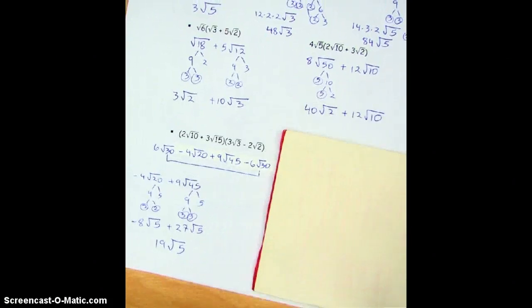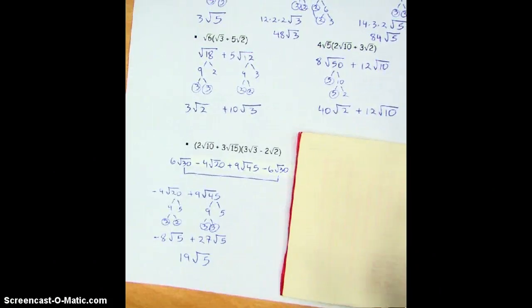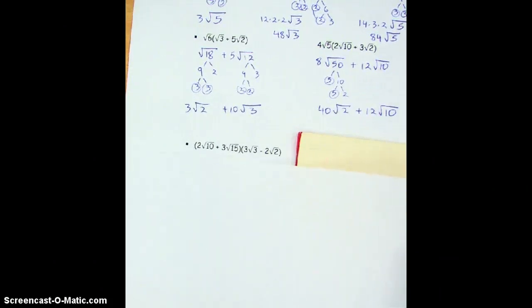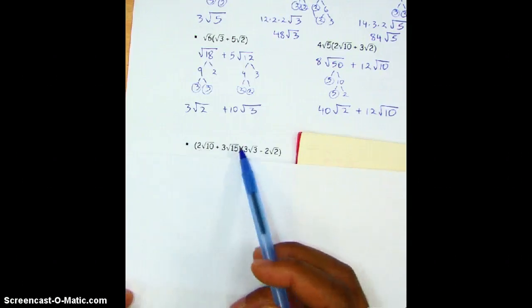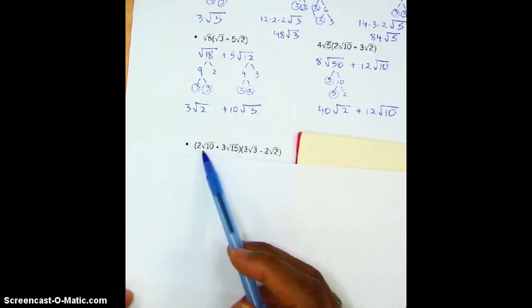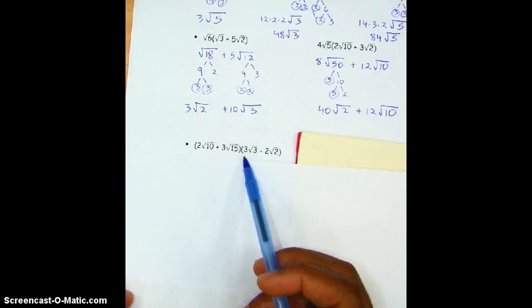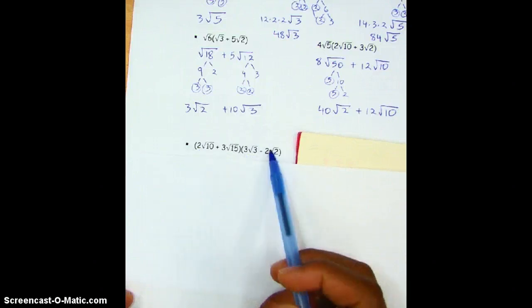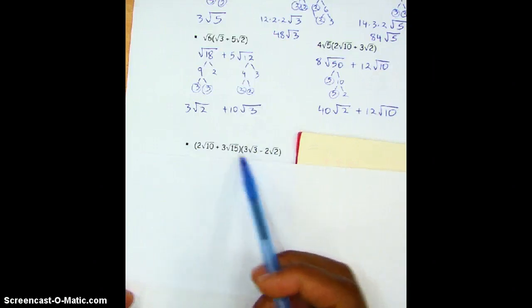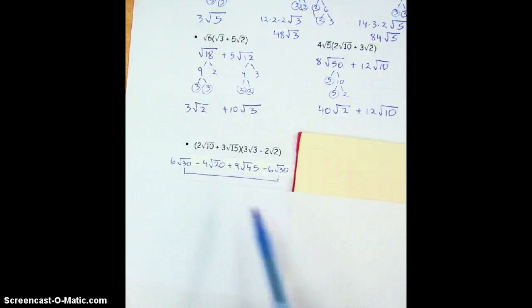All right, now for this one right here, I only want y'all to pay attention to that problem. We're not going to worry about the one on the right, because that one doesn't simplify. So we're just going to focus on this one. This is just like FOIL. So we're going to FOIL. So we're going to multiply the first terms together, do the outside terms, do the inside, and then do the last term. So first,